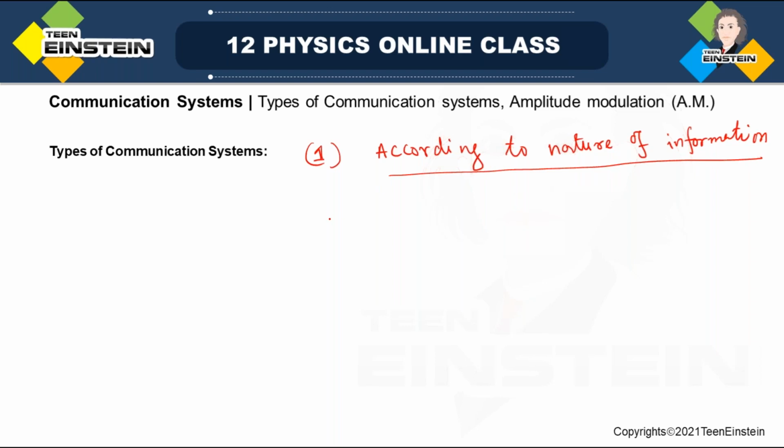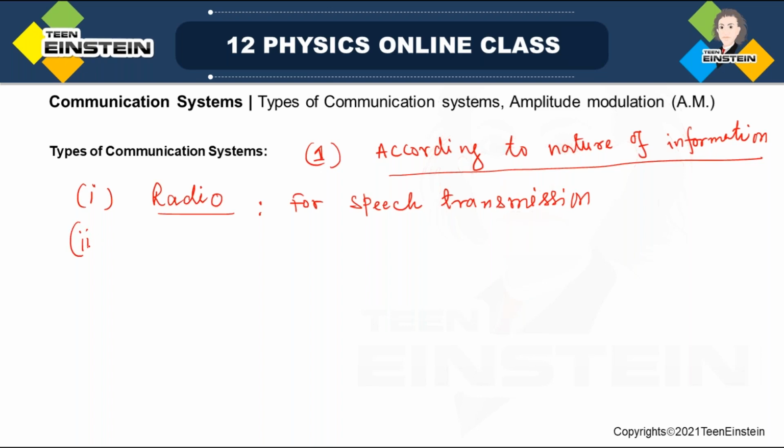Okay, so there are three types actually in this category. One is speech transmission. For speech transmission, I'll write first the communication system, that is the radio. So this is for speech transmission. Okay, then you have